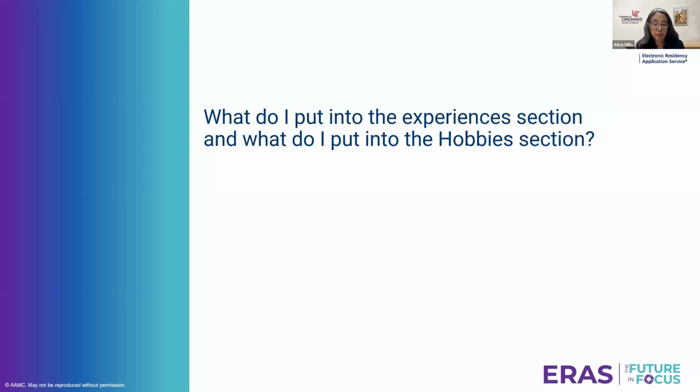If you look at the AIRS applicant worksheet in the experiences section, there's a drop-down menu for experience type, and it lists all the different types of experiences: work, research, volunteer, et cetera. So looking at that will tell you the different categories. I would say experiences versus hobbies tend to be more significant, more longitudinal, often more structured. The great news is that this year in the My AIRS application, there's a dedicated hobbies and interests section. Definitely recommend putting your hobbies and interests there. The hobbies tend to be a little bit less formal, often less structured.